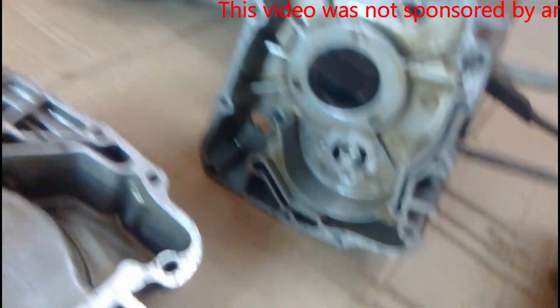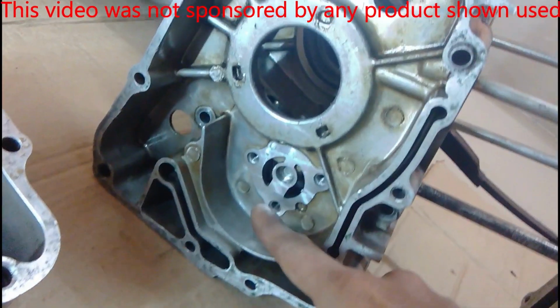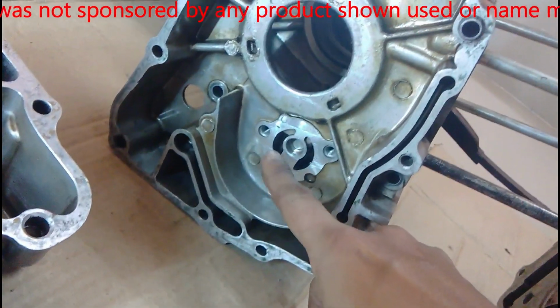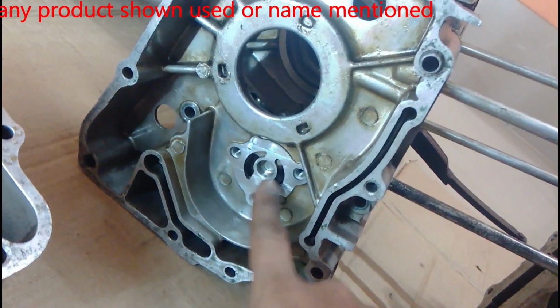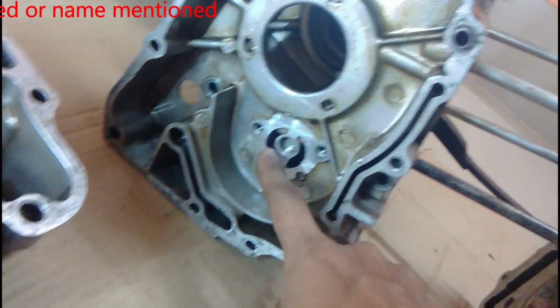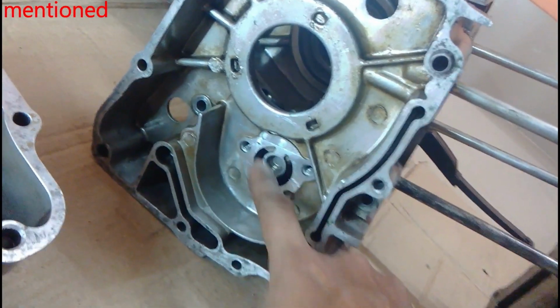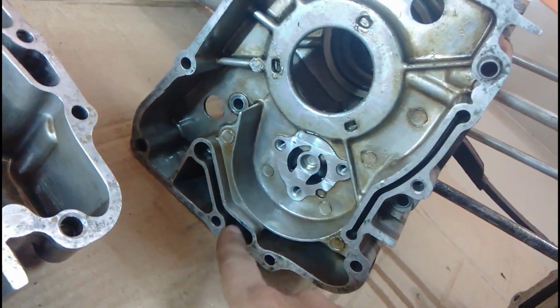And you can see here, this is the oil pump. This is the place where it fits, and you can see on the left side this is the intake of the pump, and on the right side this is the outlet of the oil pump. Now this inlet is internally connected with this cavity,